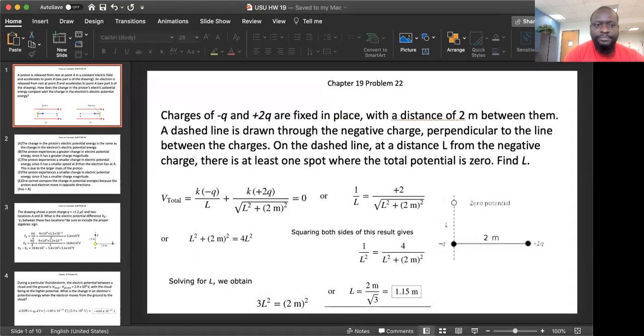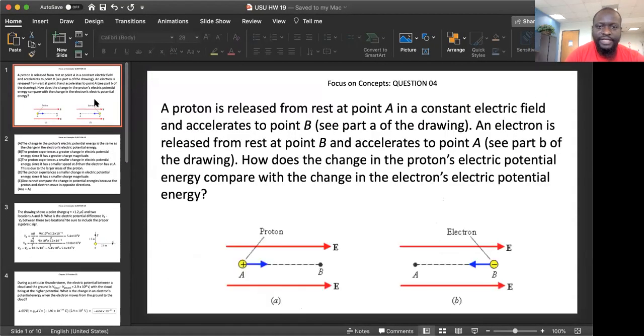So I have the first problem. It's saying right here, focus on concept question 04. A proton is released from rest at point A in a constant electric field and accelerates to point B. So an electron is released from rest at point B and accelerates to point A. So how does the change in the proton's electric potential energy compare with the change in the electron's electric potential energy? Okay. So we're going to see that they are actually the same because a proton moving in one direction